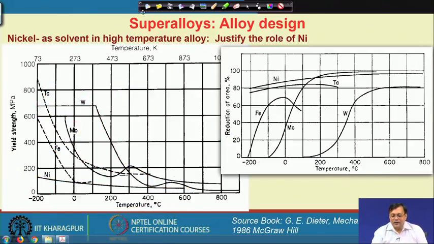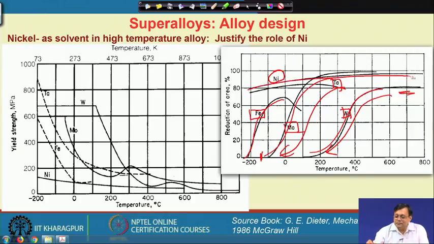Now, let us compare a very similar situation in terms of the ductility. So, here the nickel is lying here and all the BCC elements are here, like tungsten, tantalum and so on. You see most of the BCC elements show such kind of behavior. So, even at a low temperature, these BCC elements simply lose their plasticity. At higher temperature they are good, but it simply comes down,